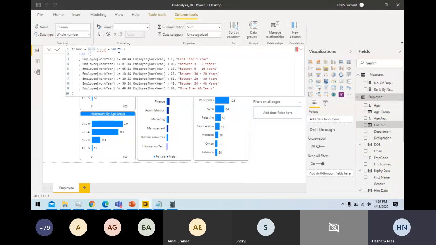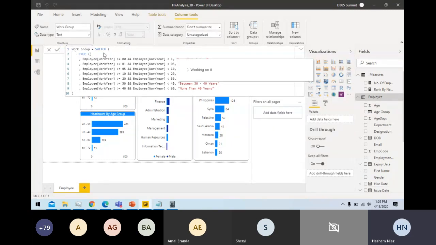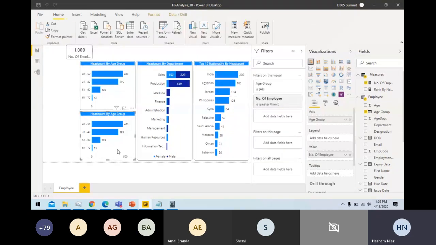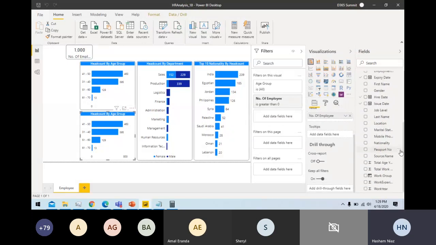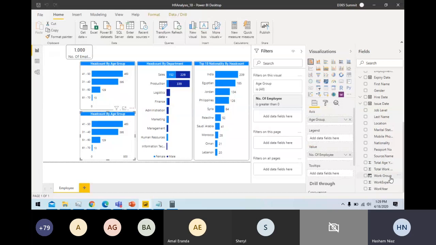So my work group will be the same switch case statement. Like if the work experience is between 0 to 1 year, then I will show less than 1 year. And then this is my experience. So let's save this for now. This is a text field I'm creating here, and I'm going to plot this now. Here, this chart is currently plotting on the age group. If I change this to the work group,